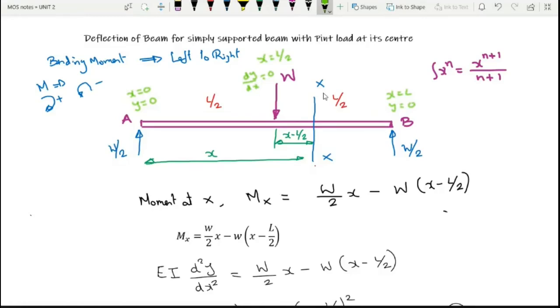Now look at where I have taken my section. I have taken my section here. Think about it: which boundary conditions do you want to apply? When you look here, the boundary conditions you have to use are the ones nearer to this section. I have to use this boundary condition and I can use this boundary condition. I can't use this one. I identified my boundary conditions because they are related to the ones nearer to my section, which is this one and this one.